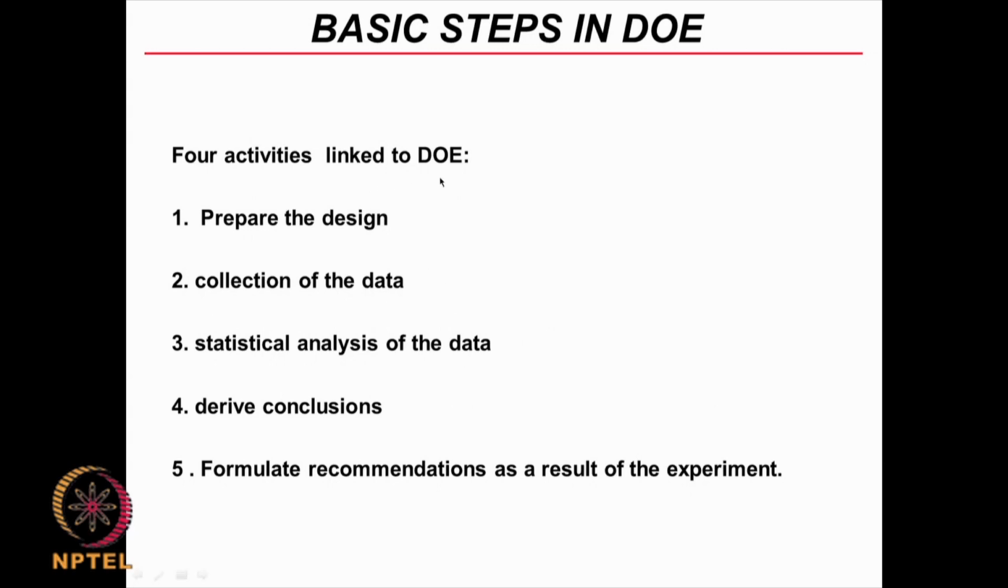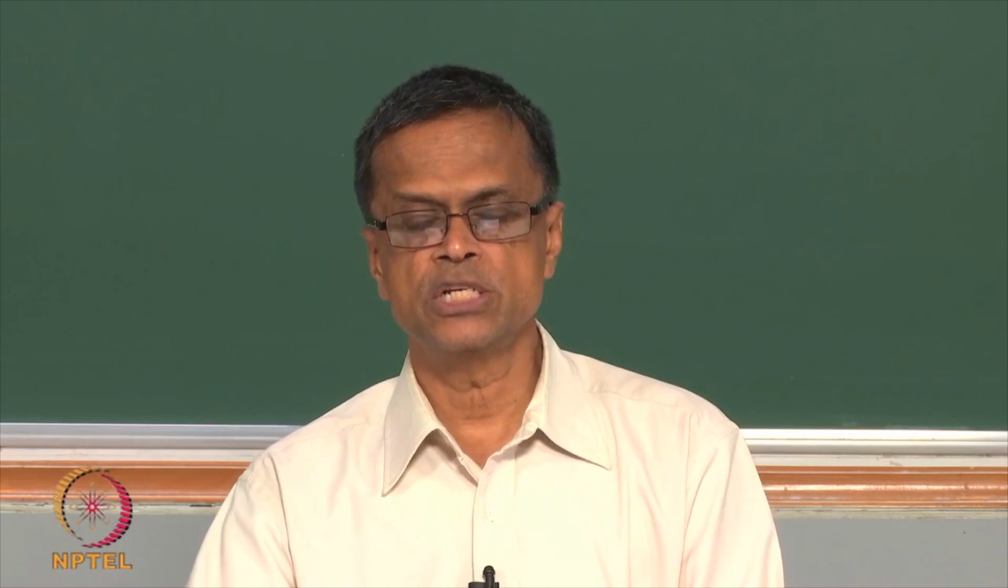So, what are the activities involved in DOE? First you need to prepare the design. Okay, we will talk about it in the next few classes. Once we have the design, which gives you the different levels of the input parameters, then you go to the lab or plant and collect the data. If your output or desired dependent variable is biomass, you measure biomass at different input values or input variables,